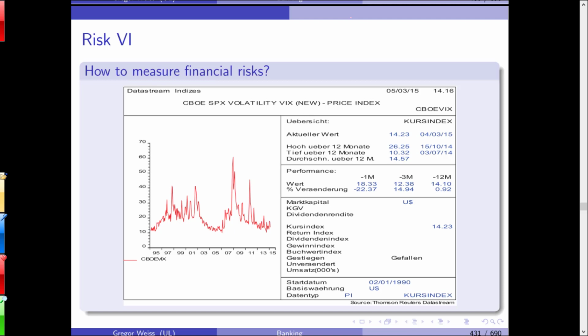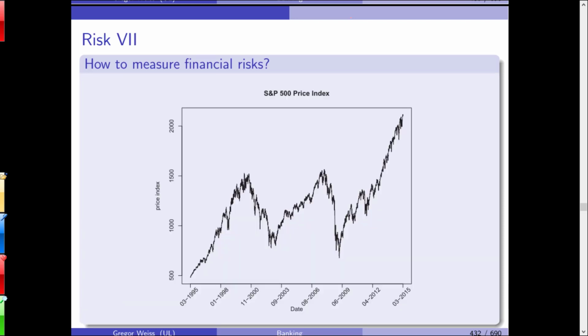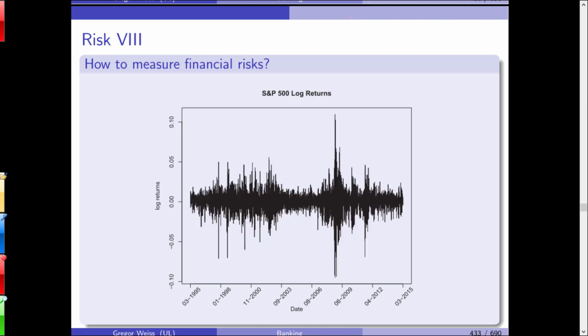Disadvantage of volatility is that it will show you positive and negative deviations. So this is a price index. Okay, you can use negative deviations. This is a plot of the continuous log returns of the S&P 500. And you can see that on some days you will have -5, -2, in some cases you have -10%. What can you immediately see?